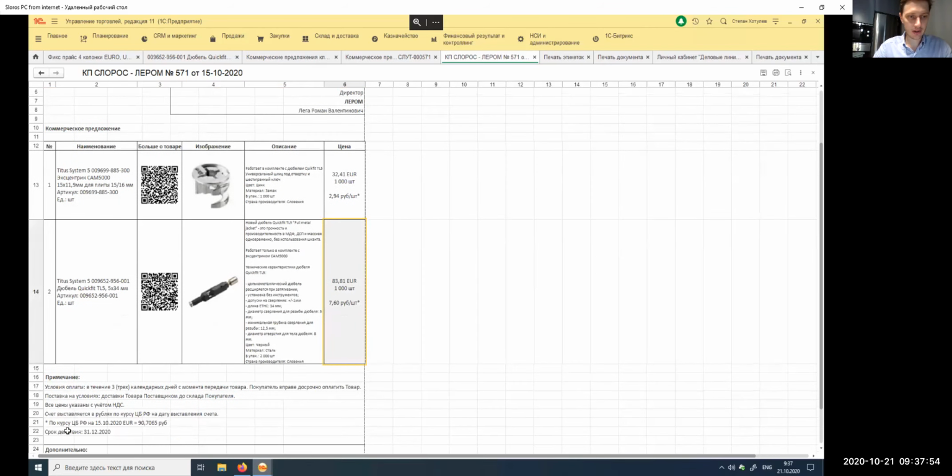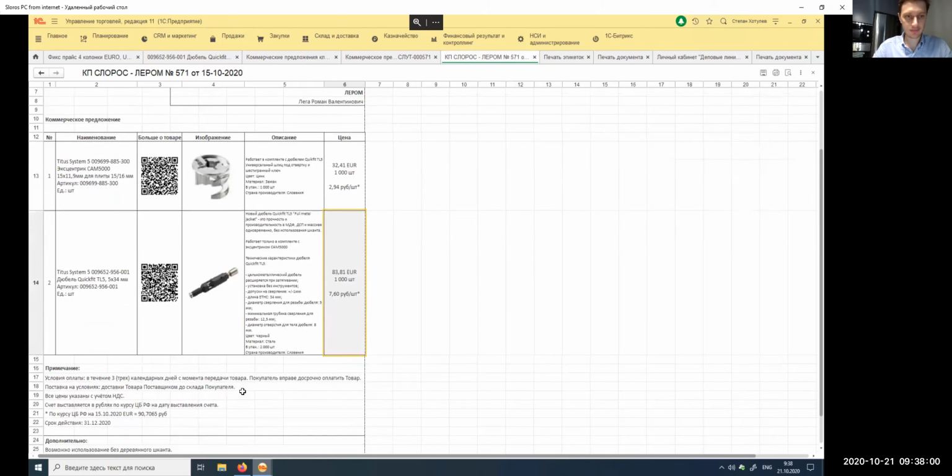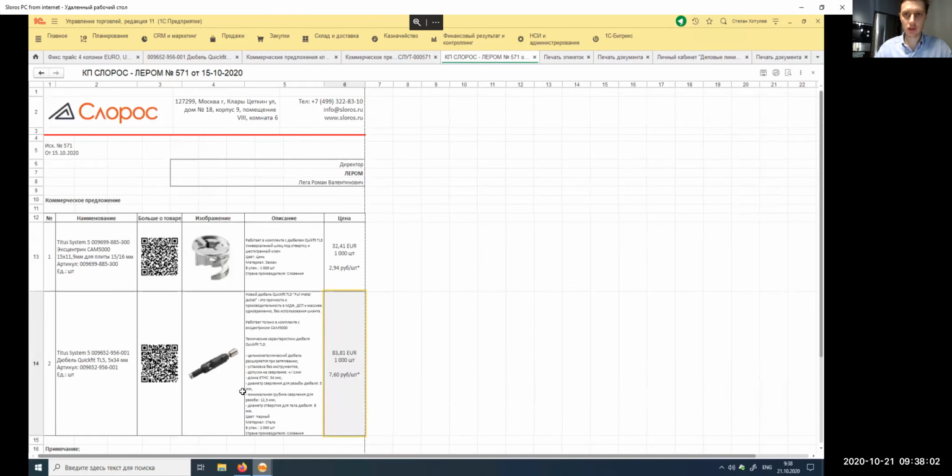Let's say here, the rate on 15th of October was 90 rubles, 0.7 whatever, for €1. So SLOROS wants to be much more effective in giving the information to the client, and obviously the offer is a very important part of that. By this instrument, SLOROS is able to create a lot of offers per day, and sometimes there is the synergy